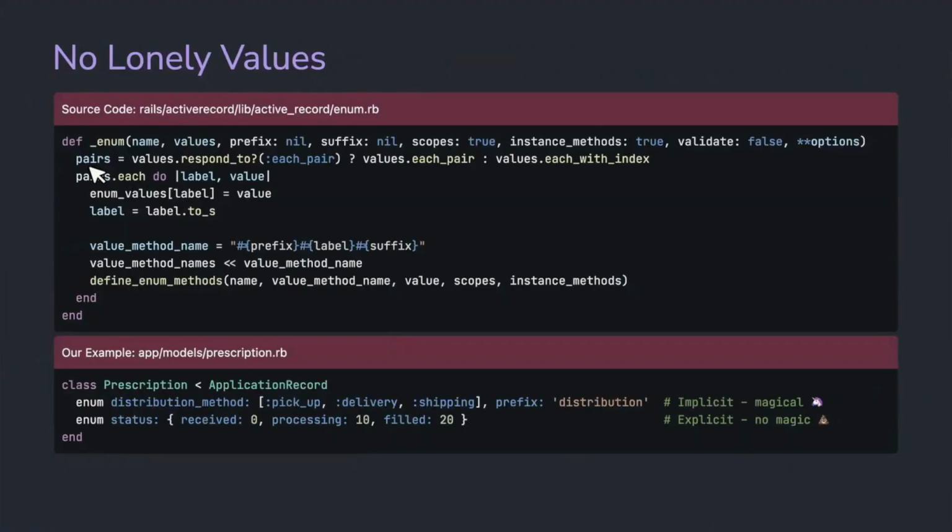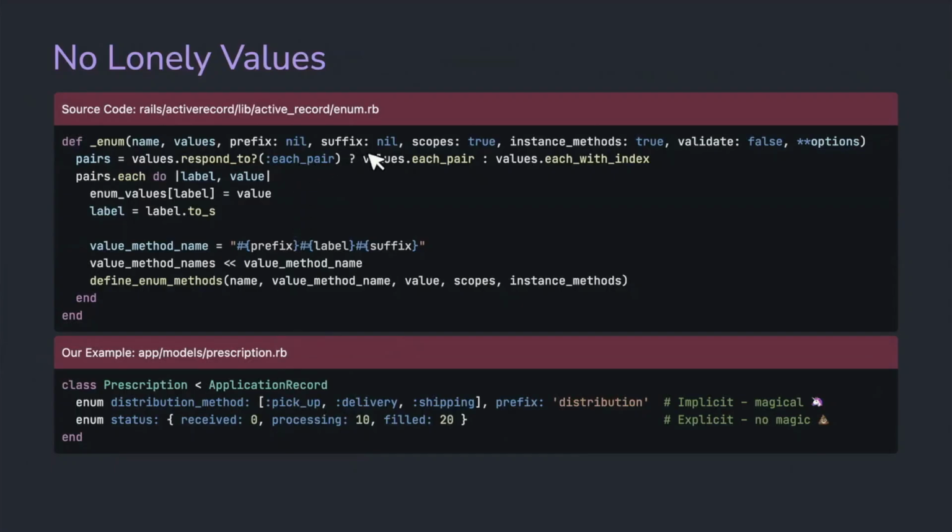Now for this one, we're creating a pairs variable here. And we're taking the values and asking, do the values respond to this method, each_pair? Again, we see the ternary operator. Now this method, each_pair, this has to do with a hash. Only hashes respond to each_pair.